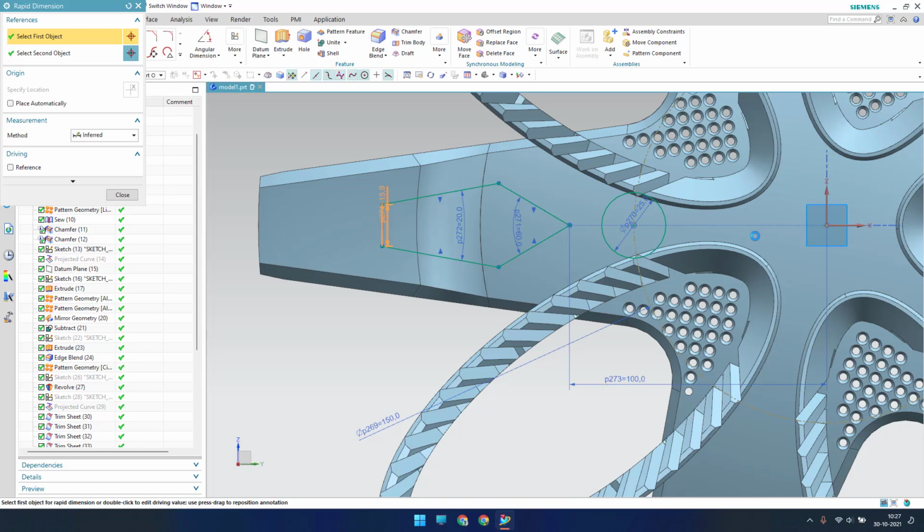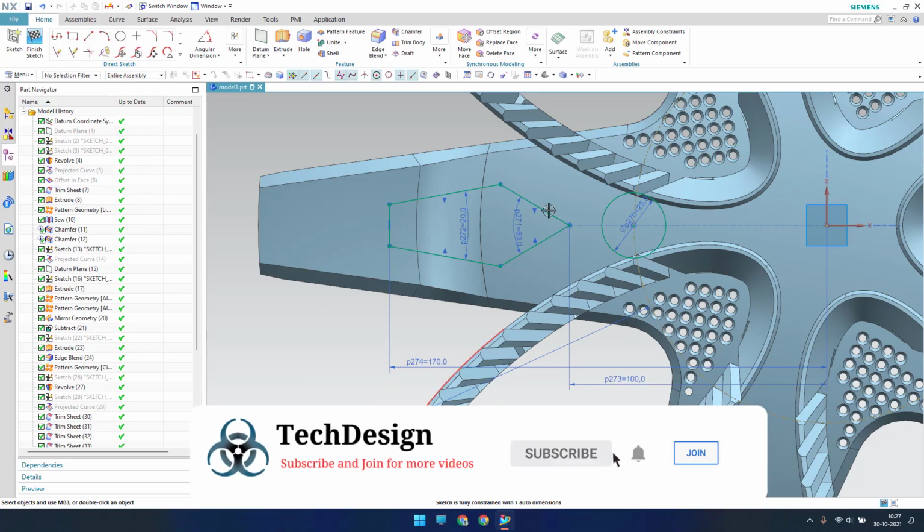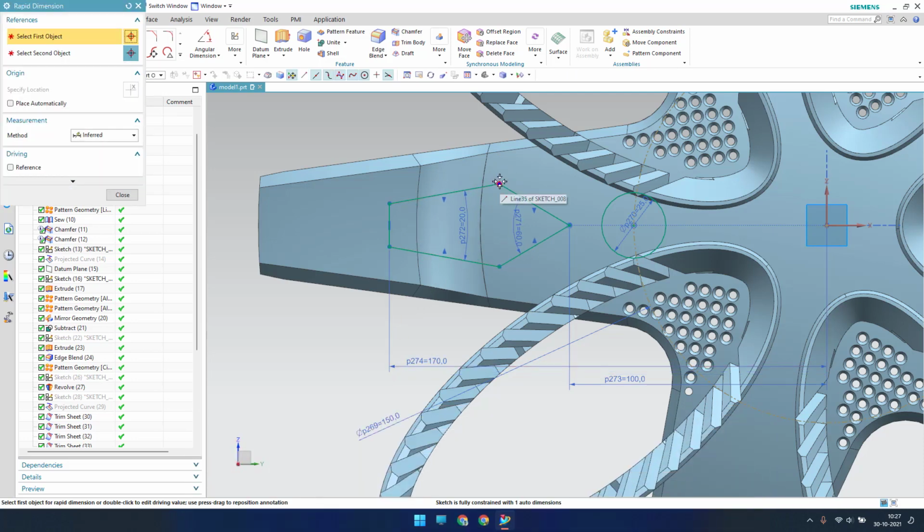And between this point to this point, let us make it 170. Okay, close this. So this dimension is pending, so let us give that dimension as well. Between this and this it should be 30.